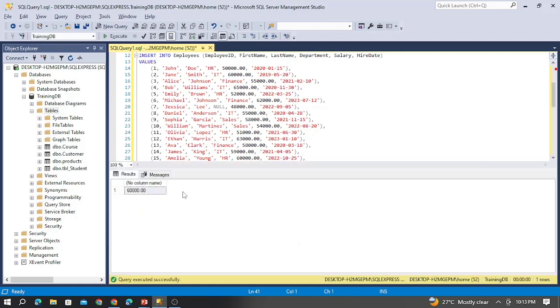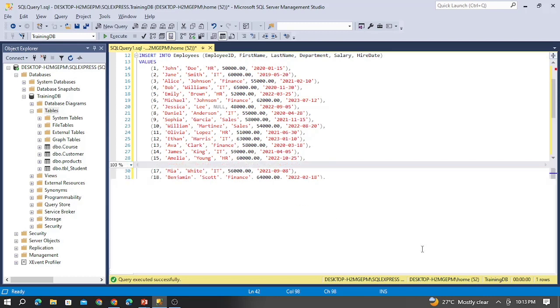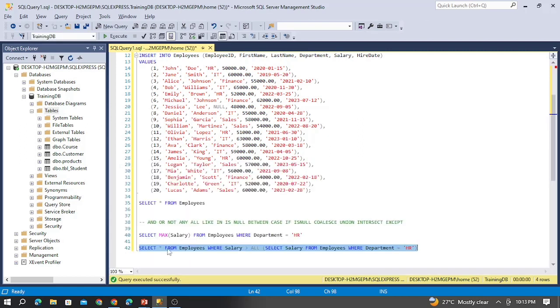So 60,000 is the max salary for an HR employee. So the employees with 62, 63, 64, 65k will be listed because they are paid a greater salary rate than all the HR employees. So in this case, the ANY and ALL operators can be used in SQL Server,